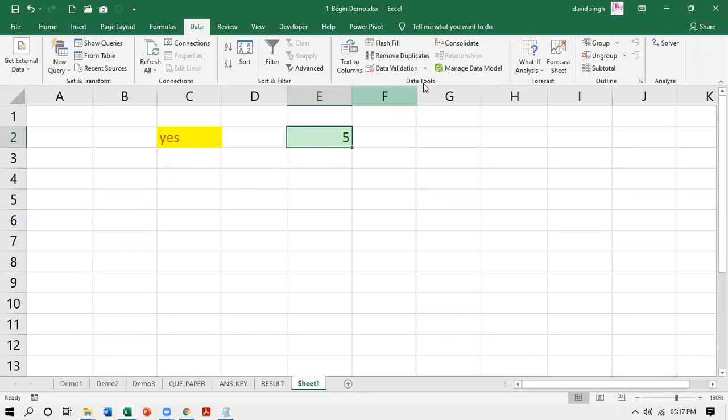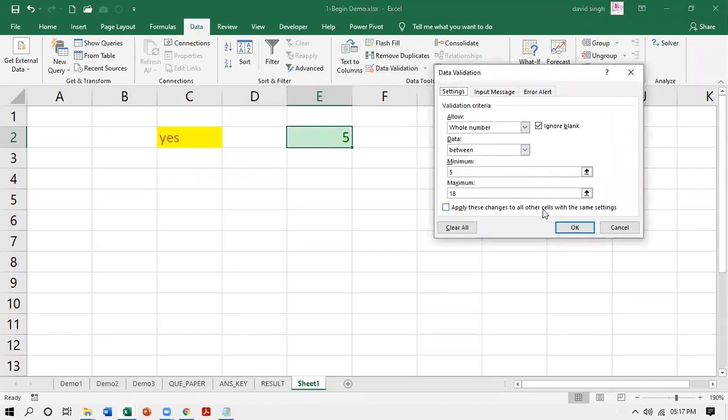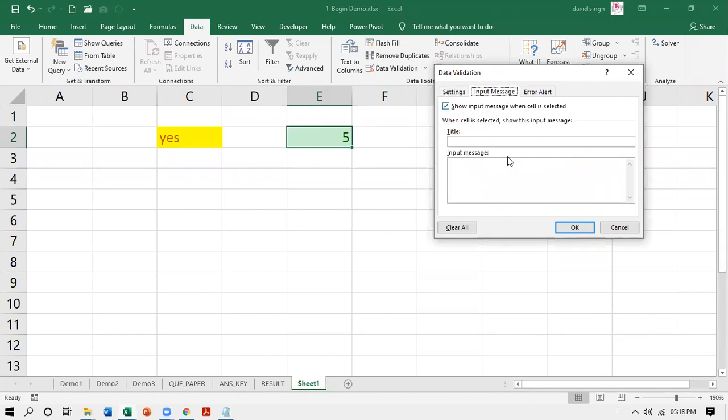I come again to data validation. The validation is whole number between 5 and 18. This is working fine, we have just seen. Now we can create some help input message for the user to tell what we want, what the user is supposed to enter in the cell. If I click on the second tab in the data validation dialog box, input message, here I can create my own message. So here I am typing in title, instruction.